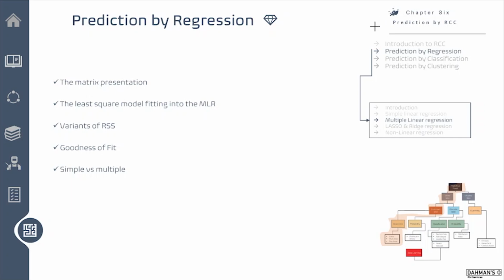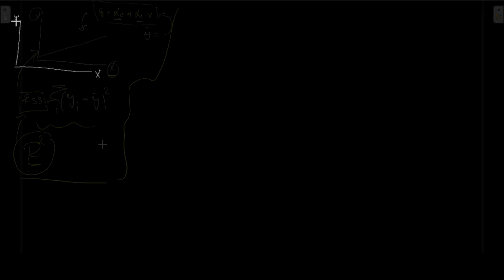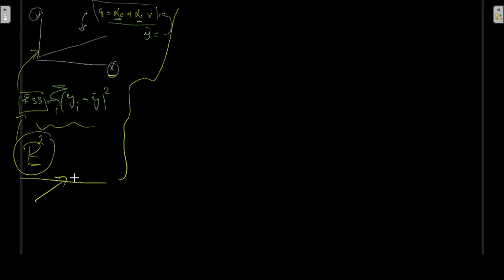Hi, welcome back. So we're in chapter 6, prediction by regression, and we'll discuss the outline of multiple linear regression. So far we have established the idea surrounding simple linear regression, which involves two variables, that is x, for example, and y. But having understood this simple linear regression idea, it's easy now to expand that to k number of variables,